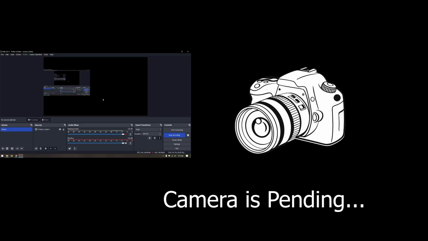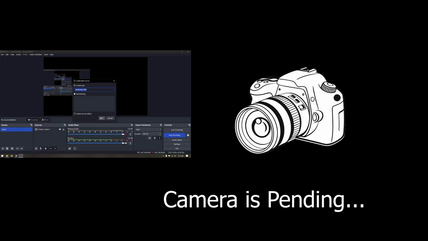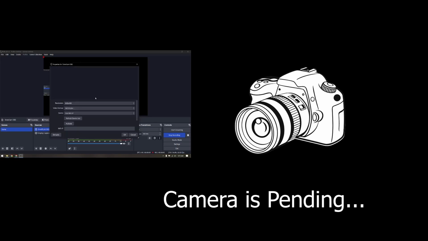Now after you install, you can add a new item to your OBS Studio. Here you can see DroidCam OBS, not Video Capture Device. Not Video Capture Device. You can select DroidCam OBS directly. I am now selecting this. You can simply click OK, and now you can connect your mobile phone.